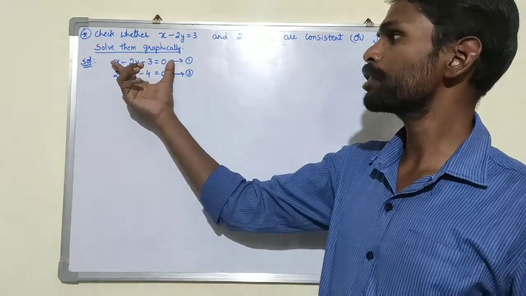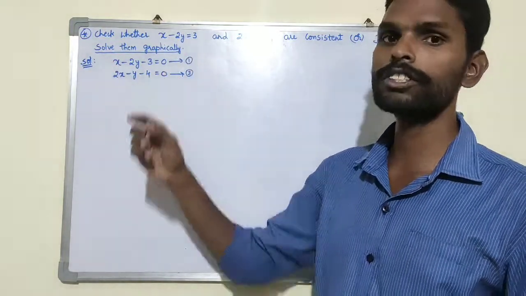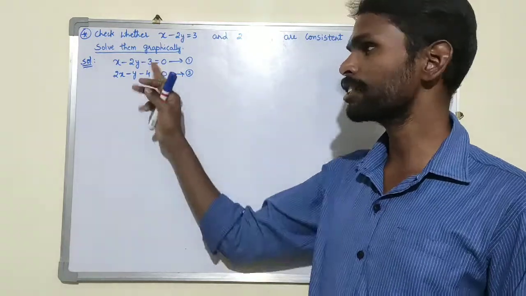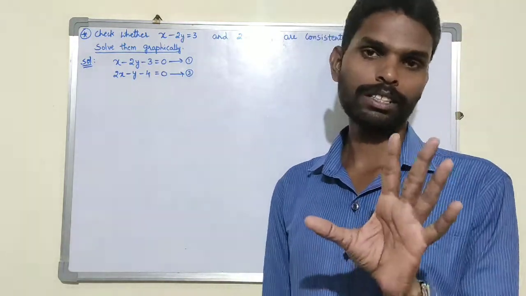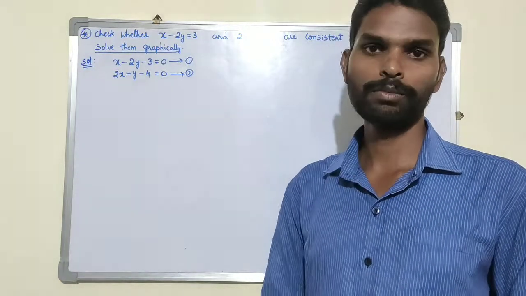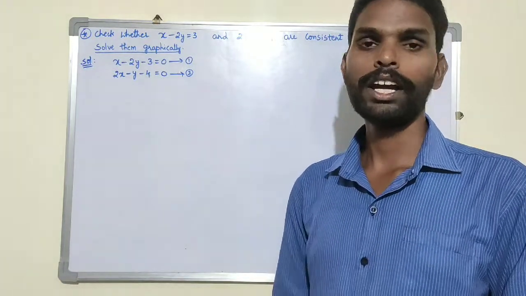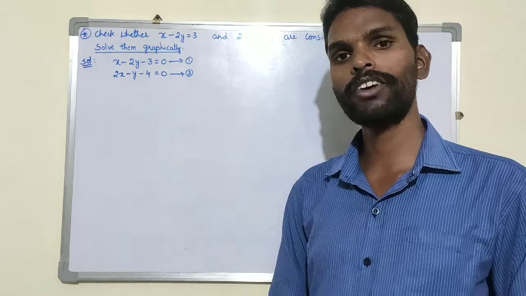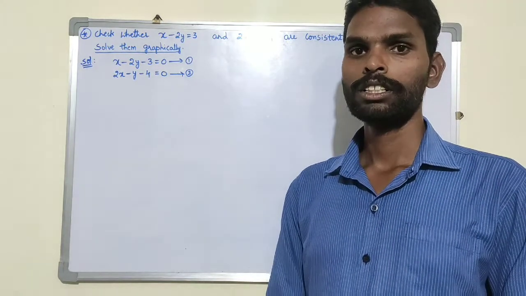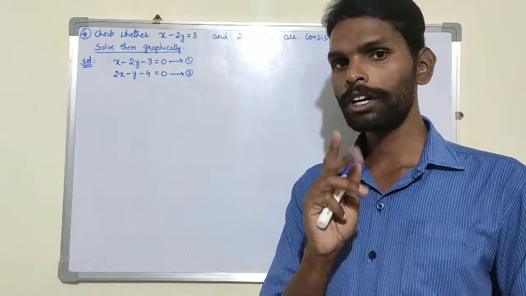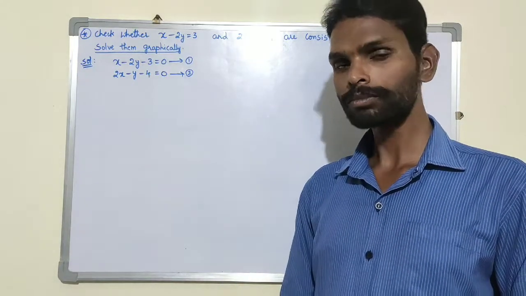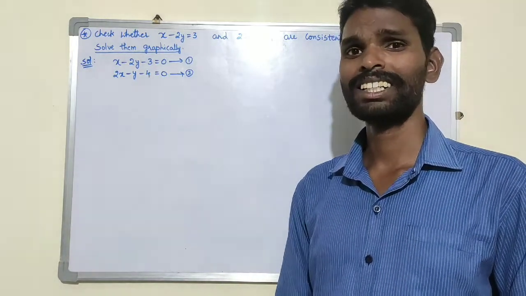First you need to consider equation 1. Take this equation 1 into consideration. It is only simple logic for both equations. Take equation 1 and put x value 0. You will get the y value, so you will get one point. And in the same equation, put y equal to 0. You will get the x value, so another point. You all know that 2 points are enough to draw a line. So taking the 2 points, you can easily draw a line.